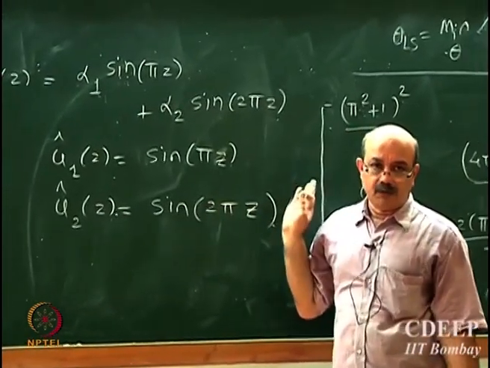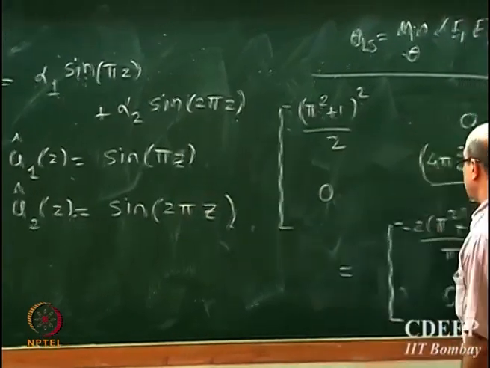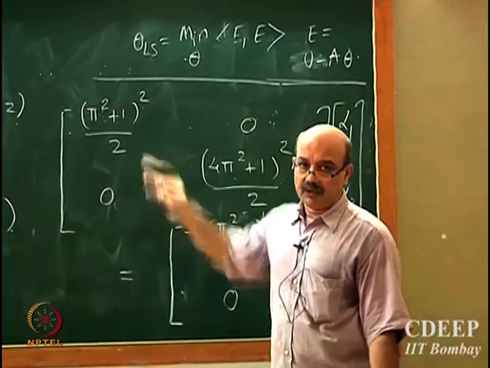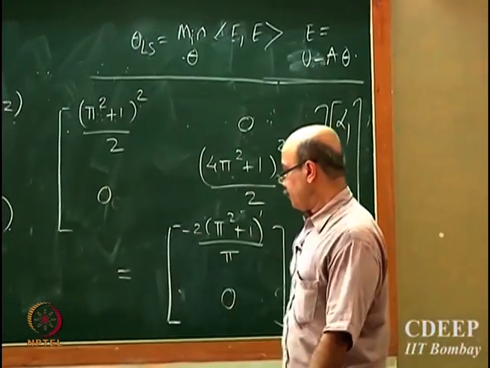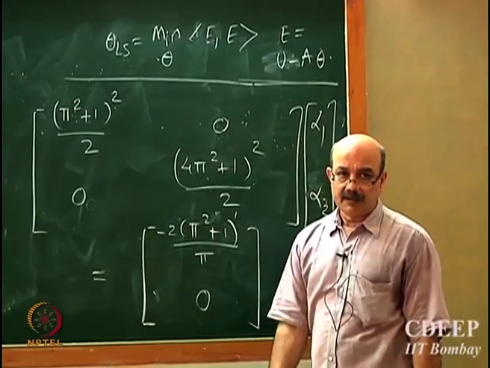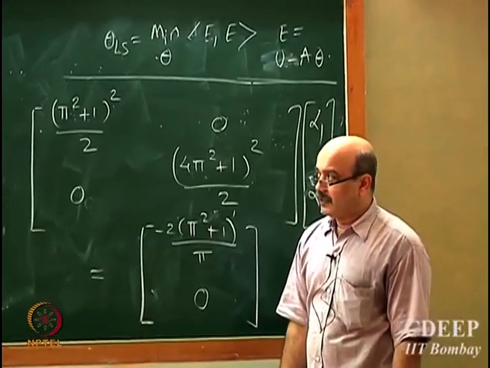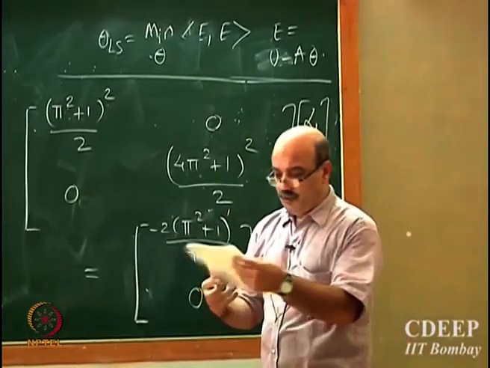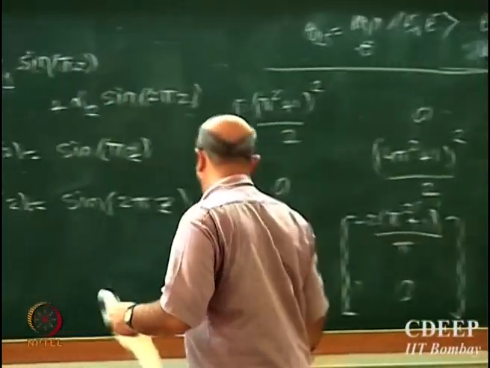Sin pi z and sin 2 pi z are orthogonal, so that helps me in this particular case in getting these to be 0. This comes out to be a diagonal matrix, and what happens here is that I get the final solution. So what is the final solution? If I compute alpha 1 and alpha 2, I get the final solution to be,